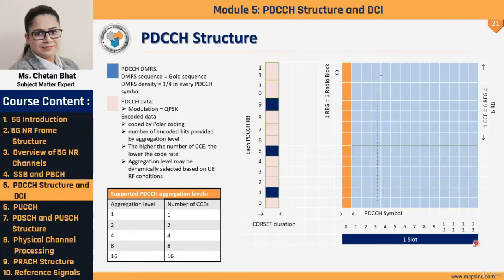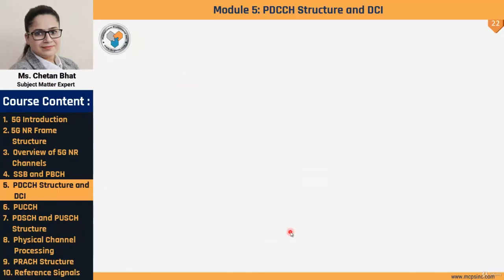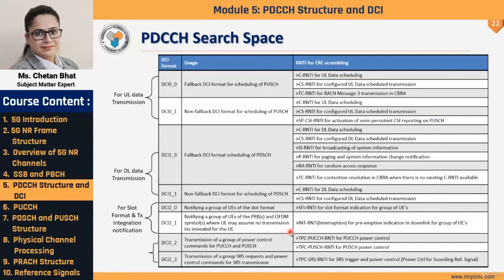So next we will be discussing the PDCCH search space, in which we will discuss the different downlink control information. Now DCIs are mapped onto the PDCCH. Again, this is not a new concept. This concept is from 4G, where the downlink control information would carry the information related to the scheduling of users in the uplink direction as well as in the downlink direction. It would carry the information related to HARQ, which is retransmissions. It would carry the information related to power control.